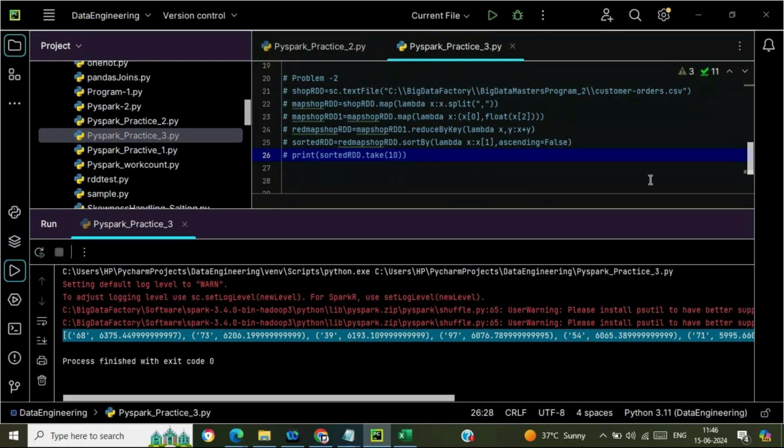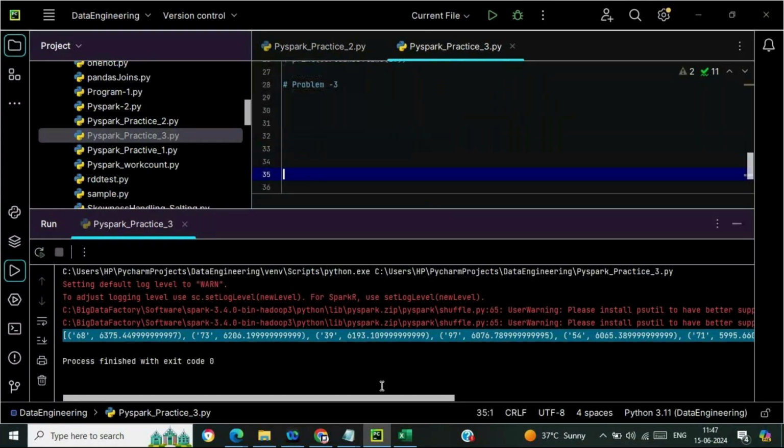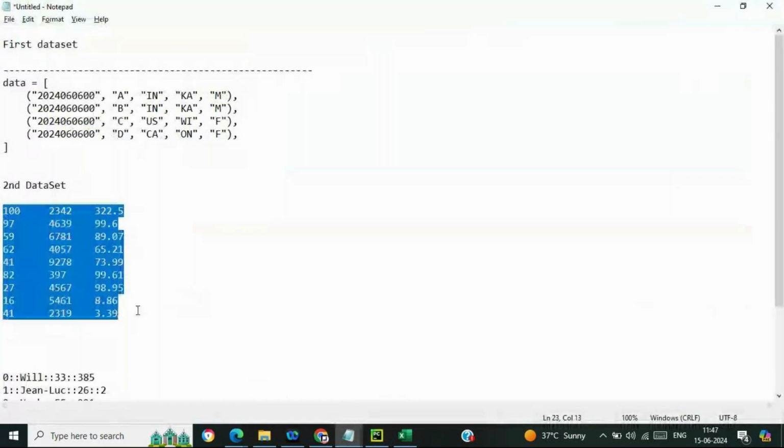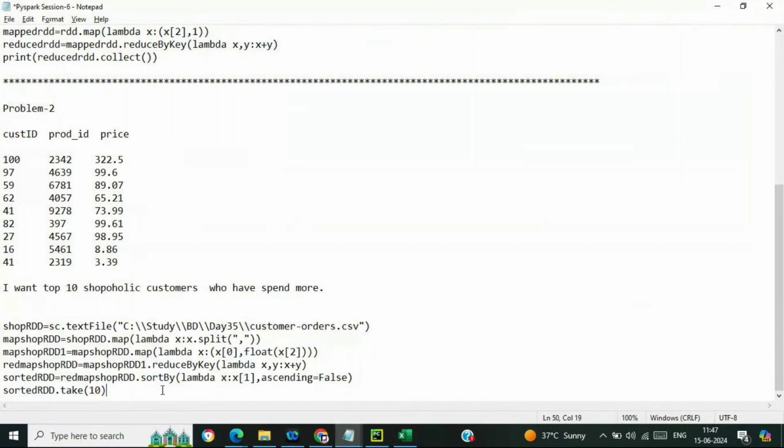Okay, this was problem 2 and now we are moving to problem 3. Just have a look at this particular data set, what we are having over here, and let me paste it here.